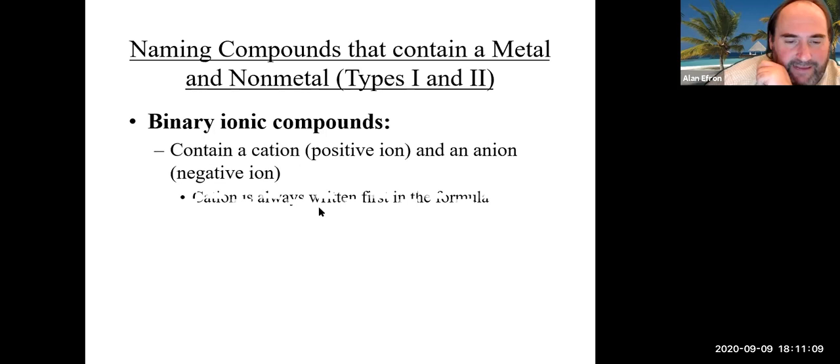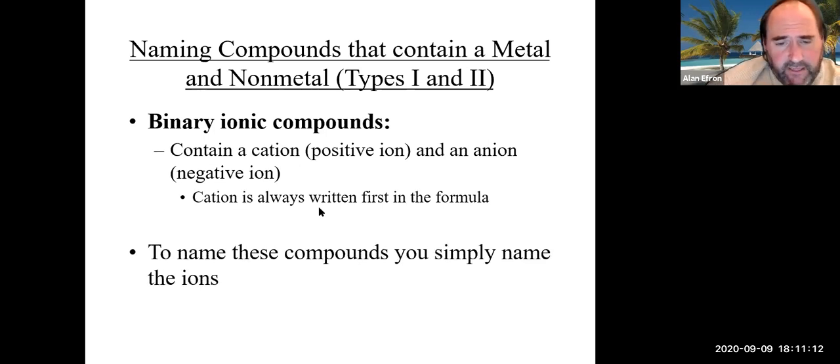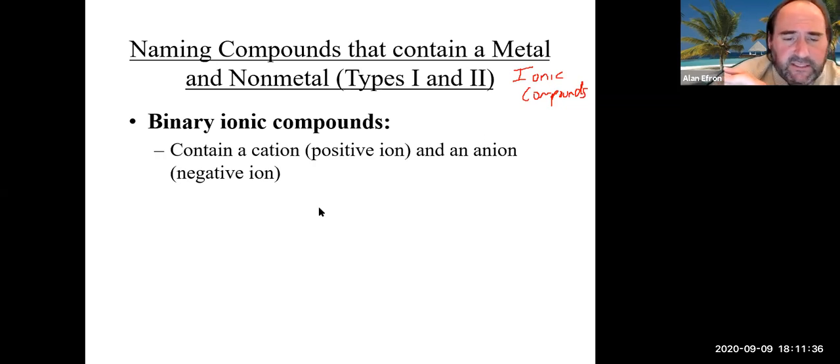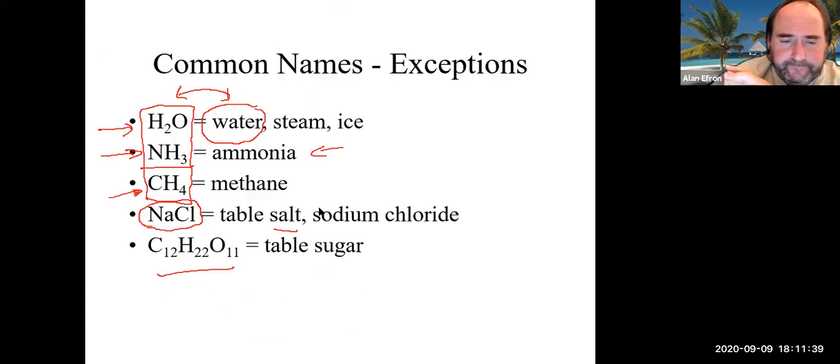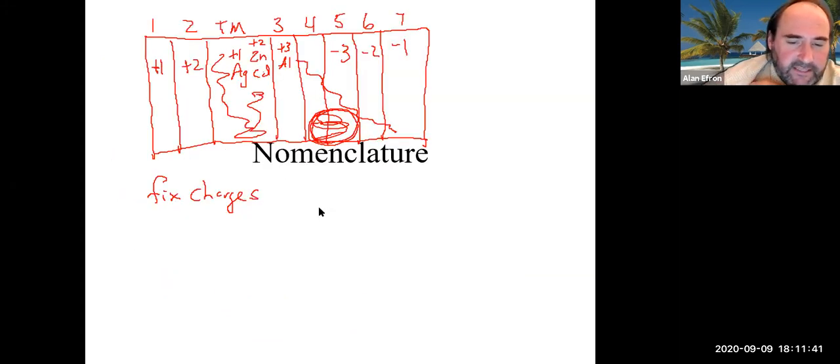So let's talk about naming, and let's talk about type 1 and type 2. So when we talk about type 1 and type 2 compounds, these are when we have metals and nonmetals together. So this is going to be ionic compounds. And let's just talk about the actual ions themselves if you just had them by themselves with nothing else attached. If we just had a cation, say like H+, we would just use the whole name of